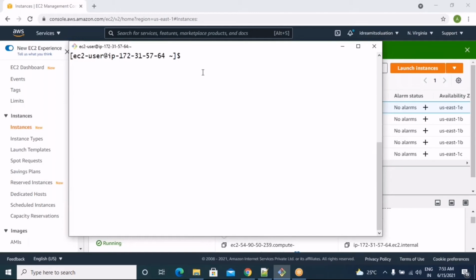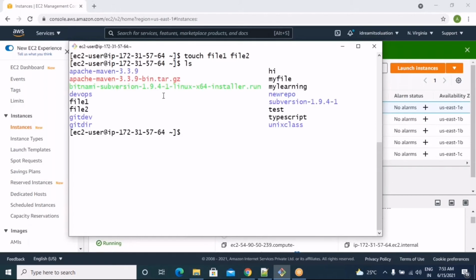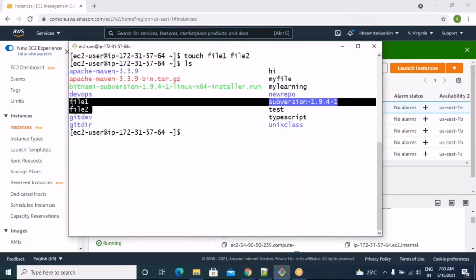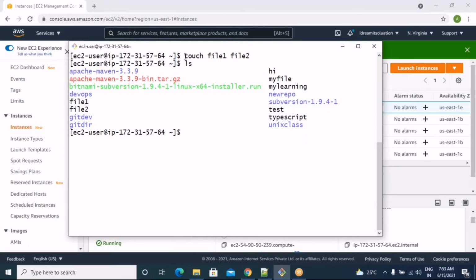Multiple files also you can create at a time using touch. Let's say I'll create files called file1 and file2. So ls. See, two files are created. Like this we create empty files with 0 KB using touch.